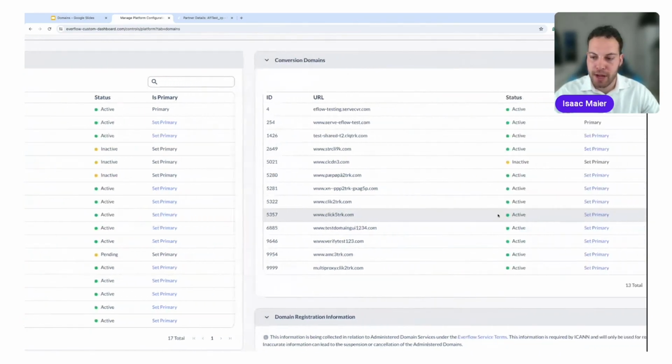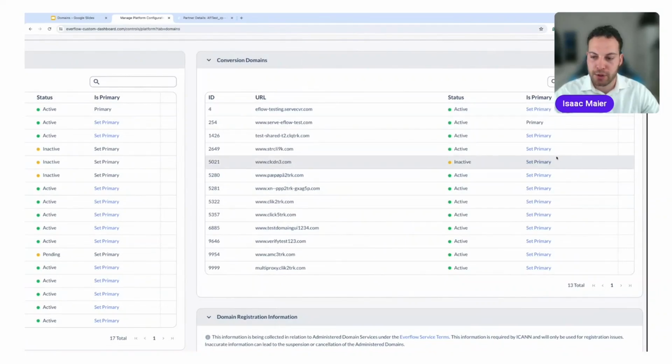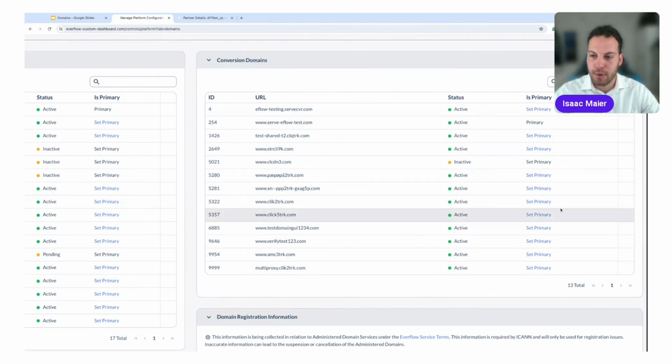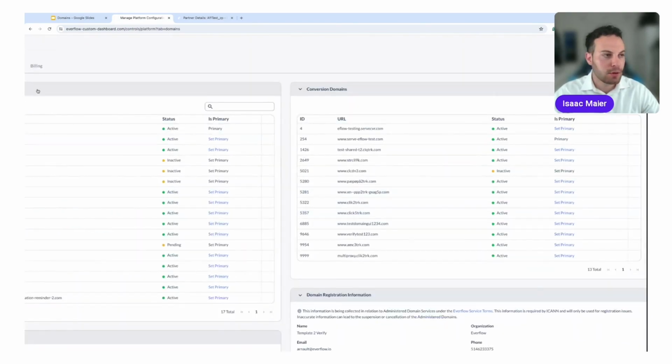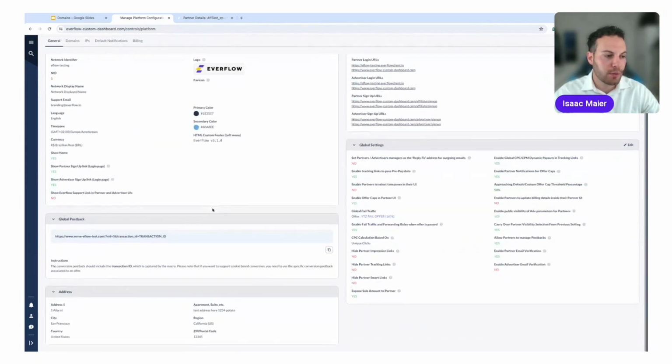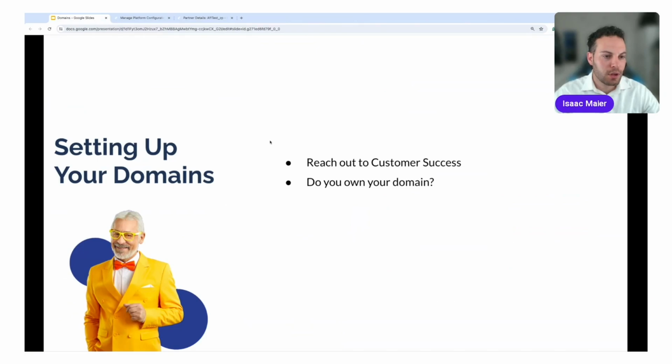Regarding your conversion domain, this primary conversion domain is the default domain that will be used in your conversion and event postback / pixels as shown in your global postback URL. So if we go to, once again, those platform configurations, click on general, we can see that global postback that uses that domain right there. Okay,